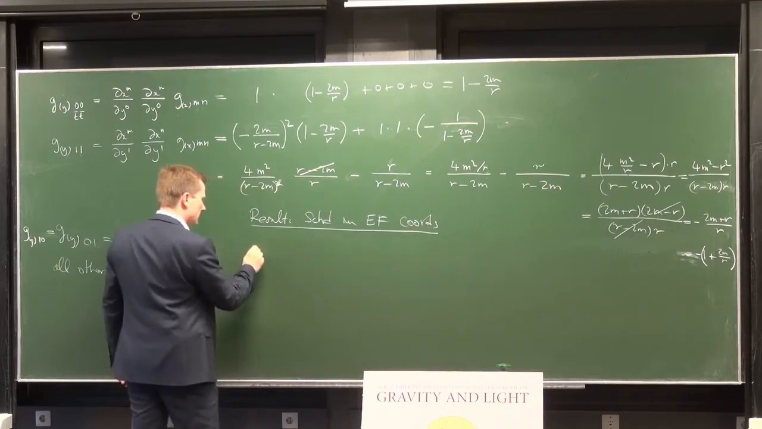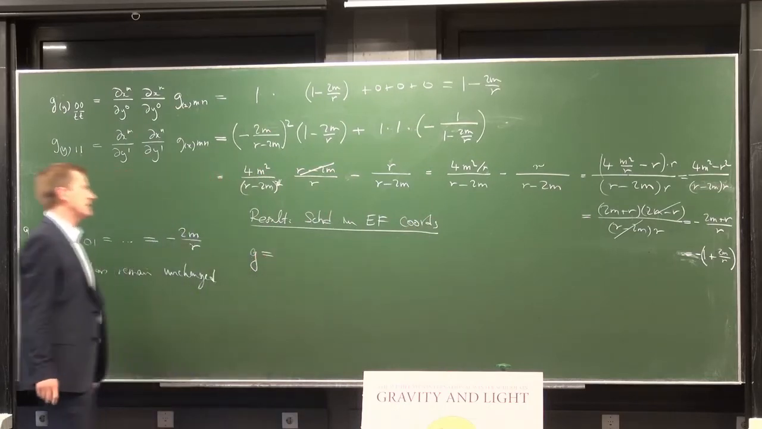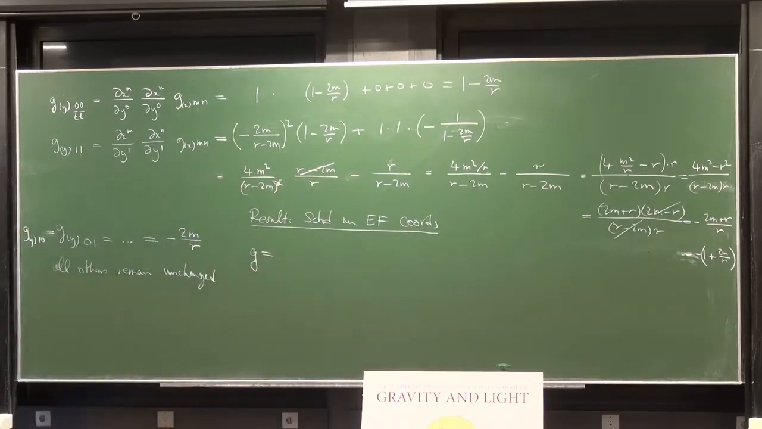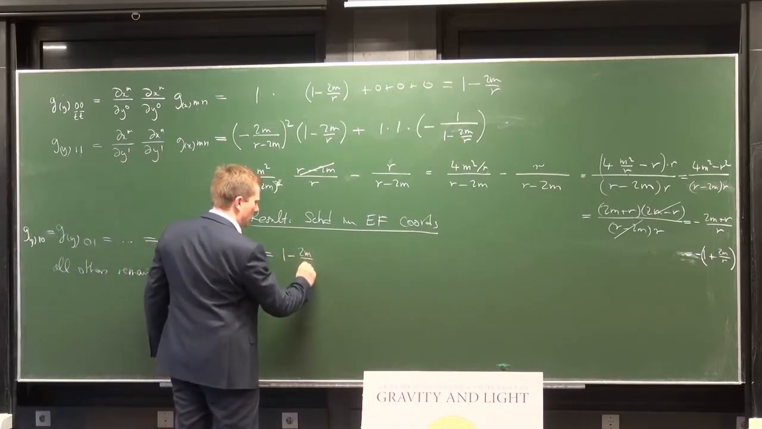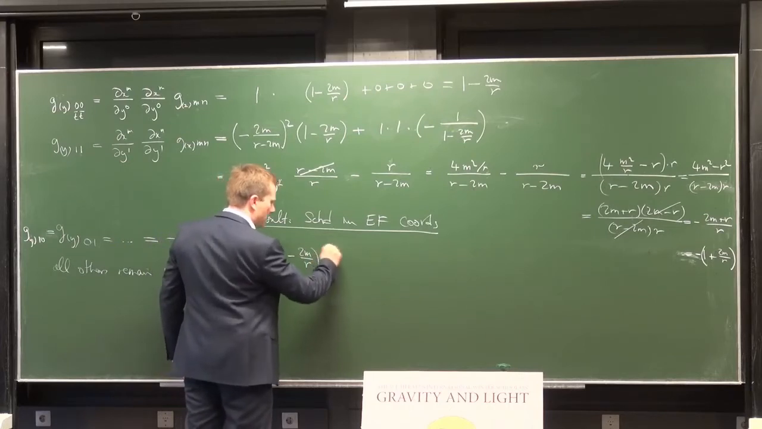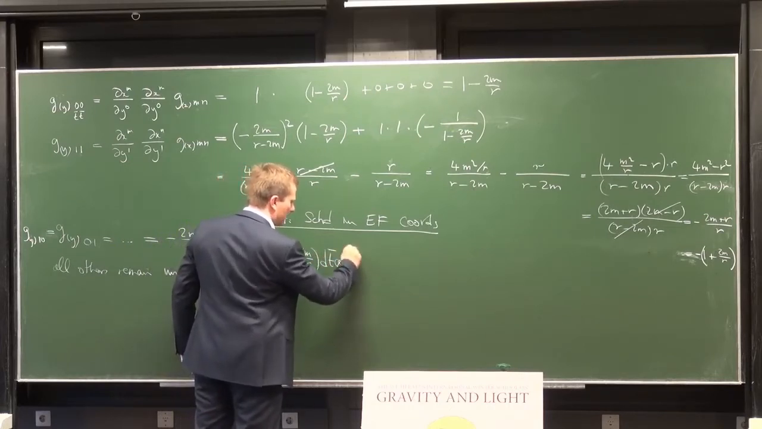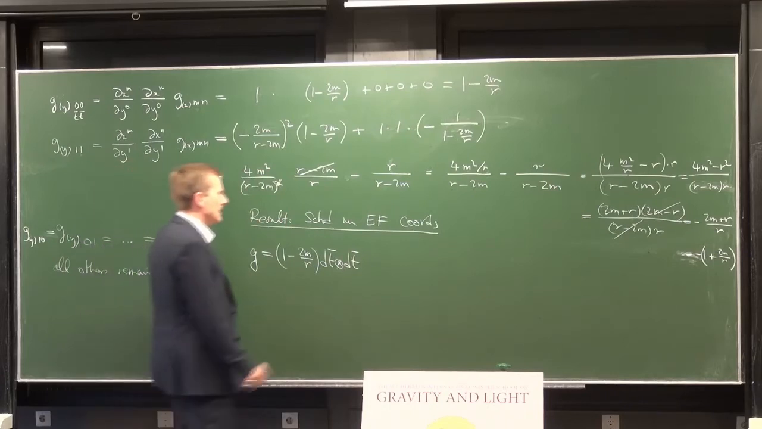How does it look? G is the abstract tensor that has nothing to do with the coordinate system. I take the 0,0 component, (1 minus 2m over r) dt bar tensor dt bar, because with respect to the dt bar. Now I get